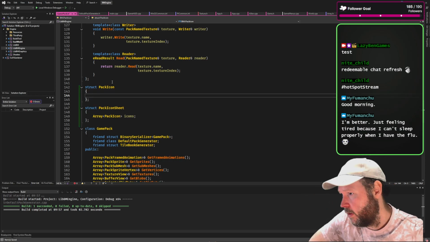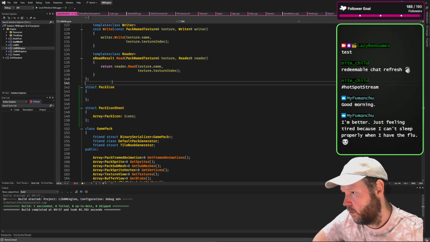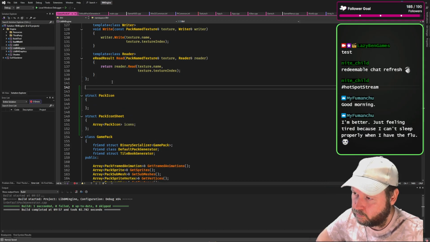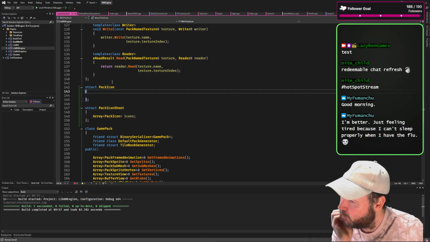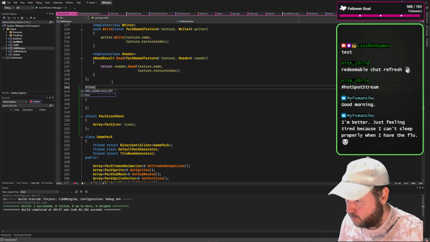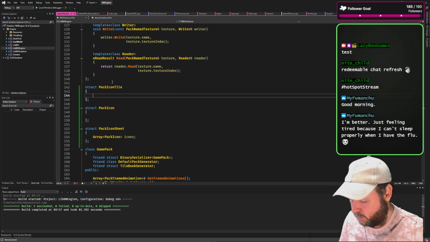This is going to be, going to do pack icon tile, and it's going to have